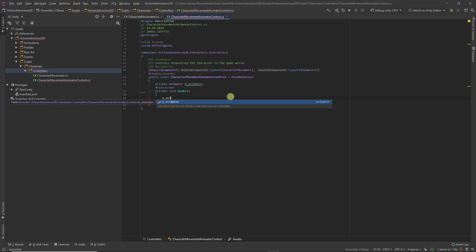Underscore animator equals get component type of animator. Alright. So now that we have these,